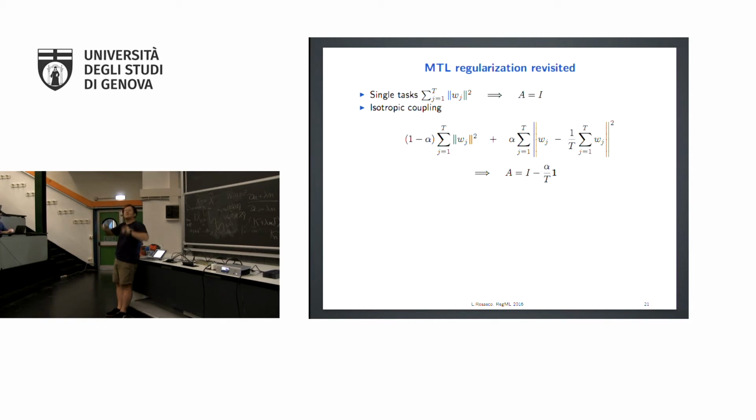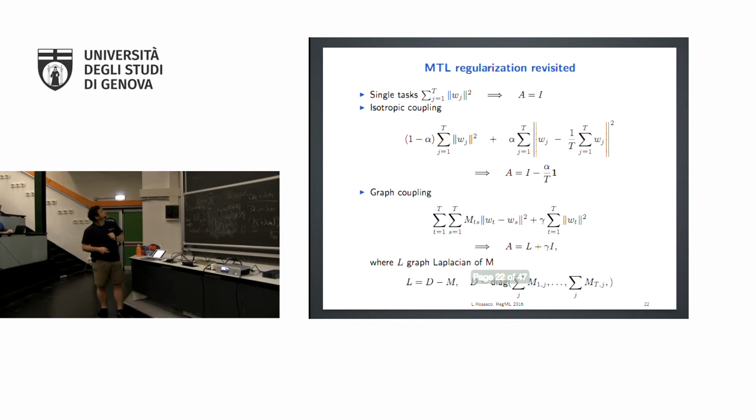So here, basically, this says, oh, my structure matrix is an interpolation, a convex combination between the single task and the one task. Okay, so it makes sense. This matrix is meaningful in its own right. Rather than thinking in terms of penalizers or regularizations, we can think in terms of this matrix. Or you can keep on going, and you can check that if you write down the matrix A corresponding to this,